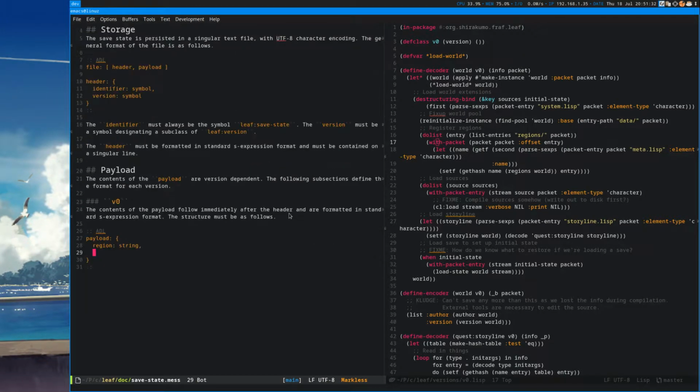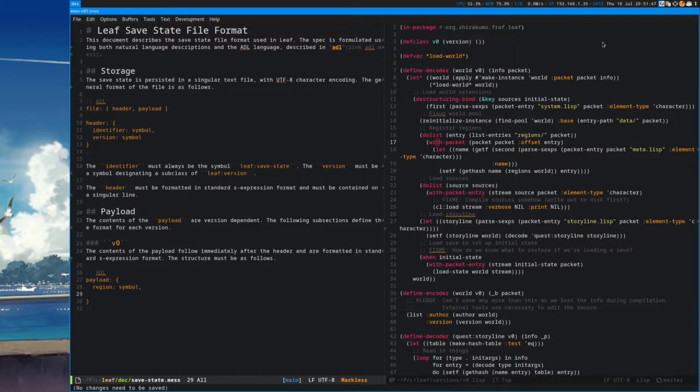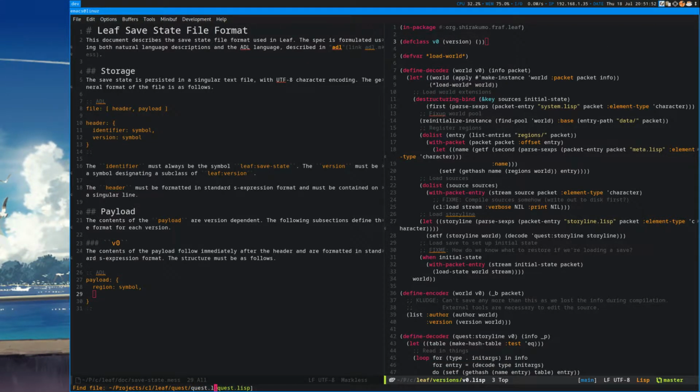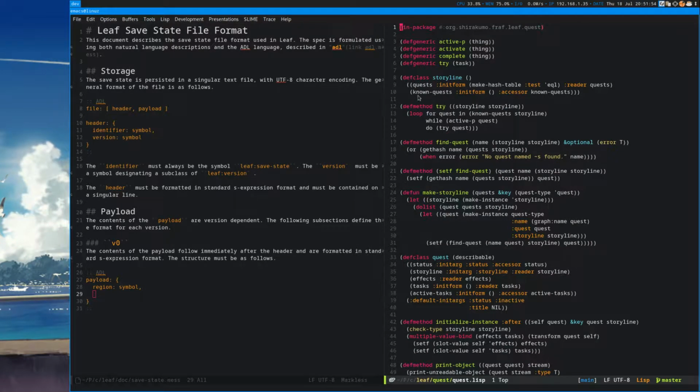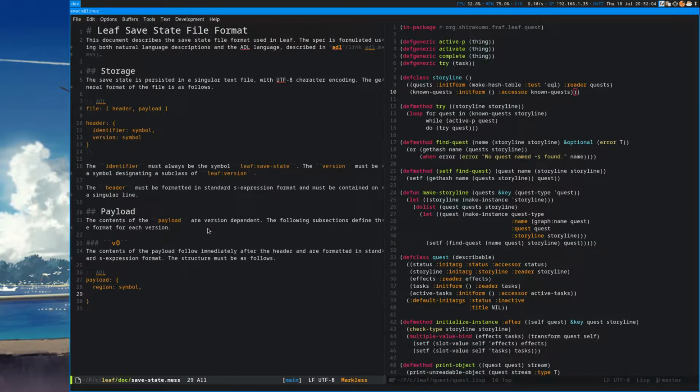Okay, back to save states. So the region needs to be a symbol now. Very good. And then we need to save the quest data, which is quest list. Right, which is the known quests and their state and the states of the tasks they have. Alrighty. So,